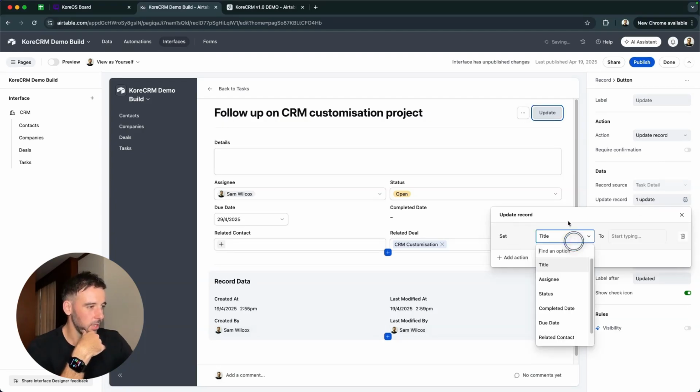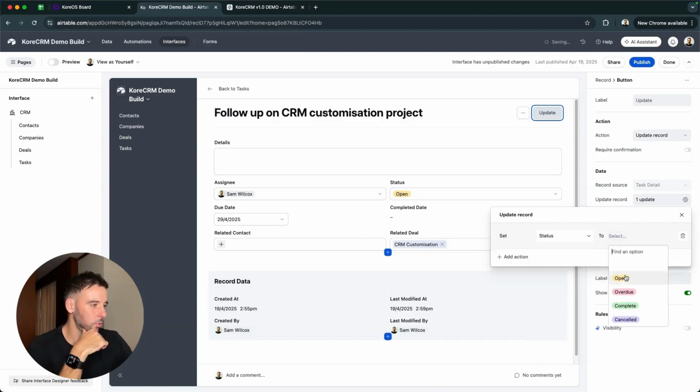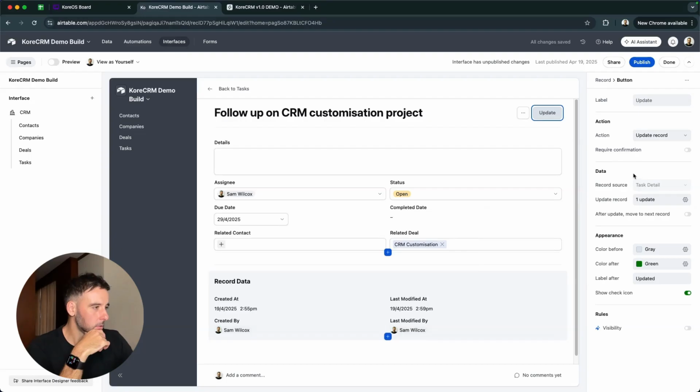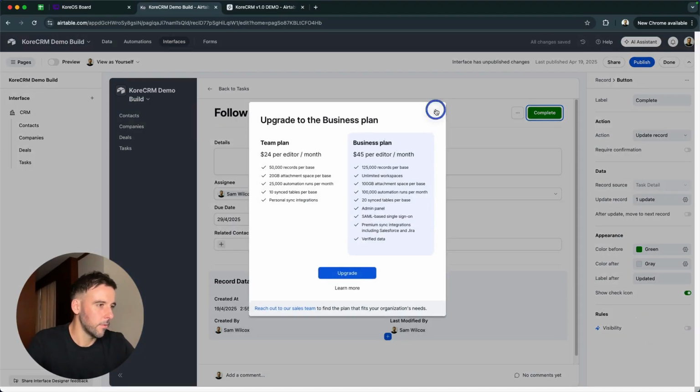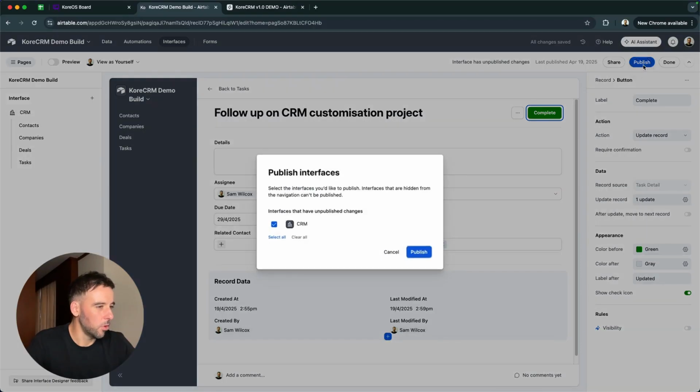And the record is going to be, we're going to update this record that we have open, and we're going to update the status to complete, right? And then we're going to put the label as complete, sorry. So the color before is going to be green, color after is going to be gray. So if I click on publish now,